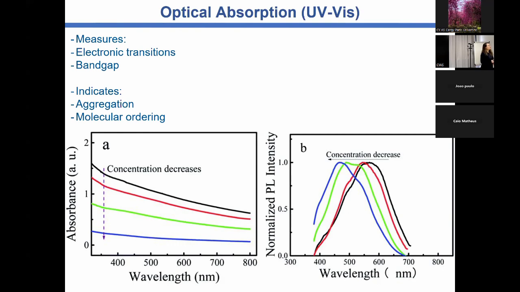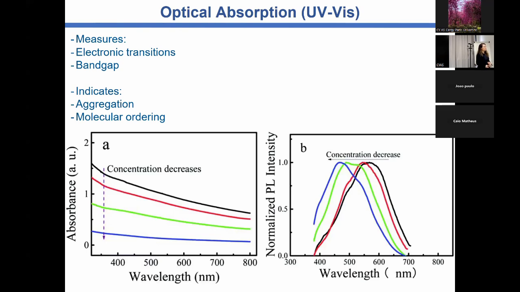We can use the shape of the spectra to measure the band gap. So with the band gap, we can have some insights if the band gap is being modified or not. Also, the UV-Vis indicates aggregations and also molecular ordering in terms of